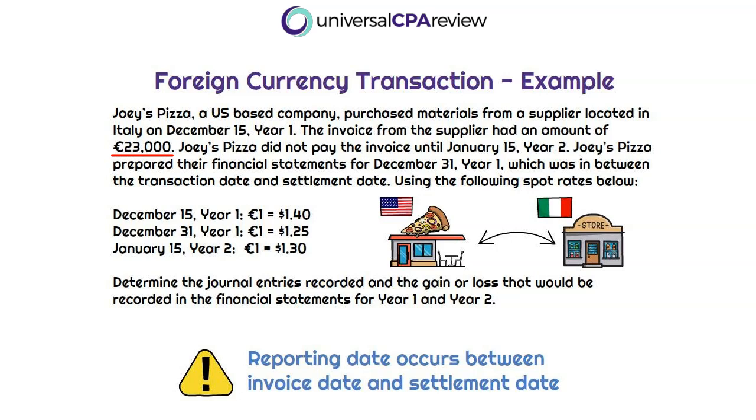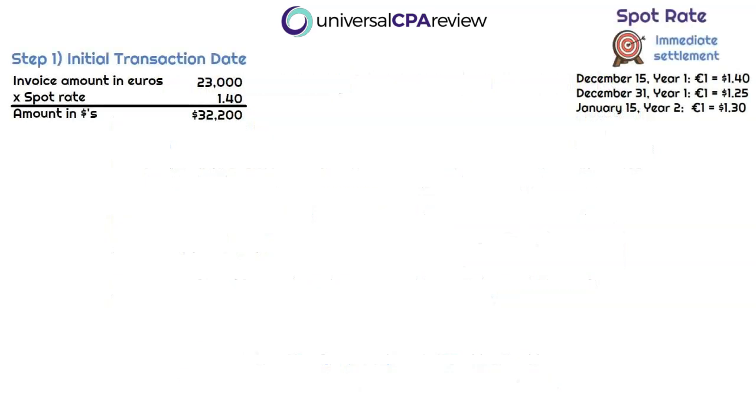It's going to be very straightforward by the time we're done with this. So in our first step, we just need to convert that invoice amount in euros to US dollars using the spot rate, right? So if 1 euro is 1.4, that means we need $1.4 to buy 1 euro, so it's going to be higher. So we just multiply by 1.4, and that tells us the amount in dollars on December 15th, year 2, is